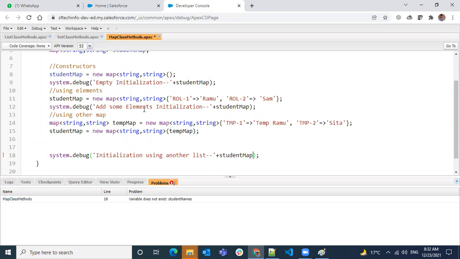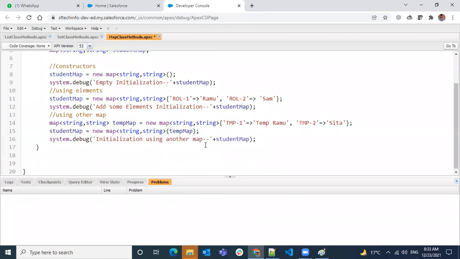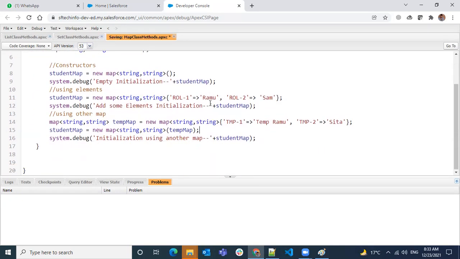Some elements initialization, so using another map. Okay. Any questions over here? How we can use the constructors of a map? Okay.